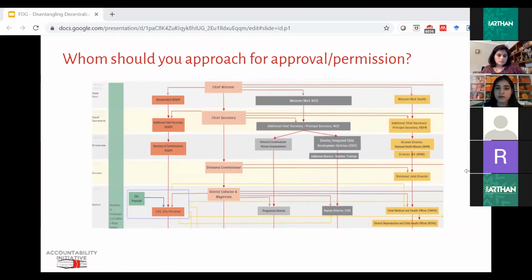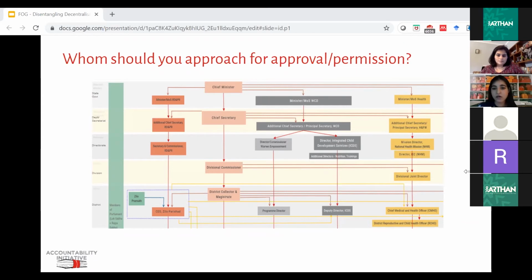But he said that, but I'm not the best person to actually give you this permission. So the DC explains that while he does have enough power to push this proposal through and start implementing the program that ABC Impact is suggesting, it's actually challenging to do so in a sector like nutrition at the district level, because not only is the implementation actually taking place through a line department, so these vertical, differently colored sets that you see,